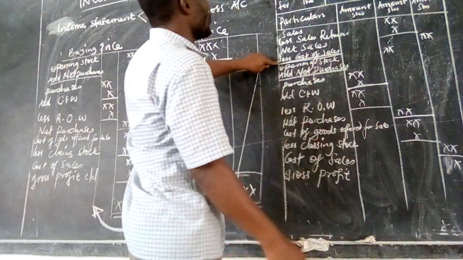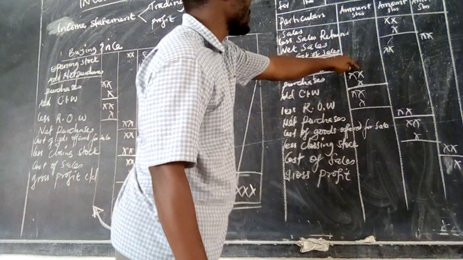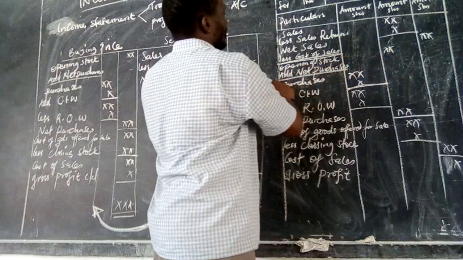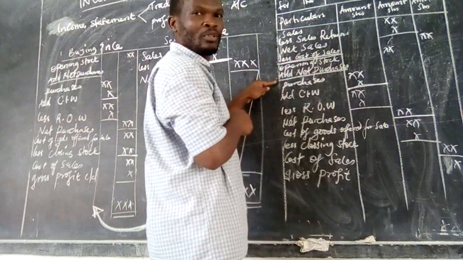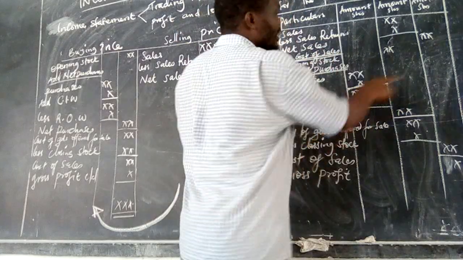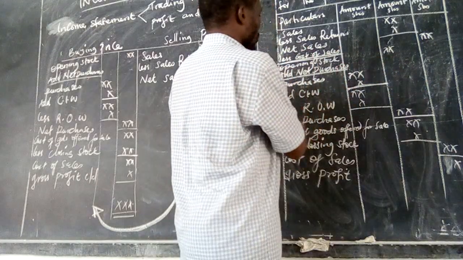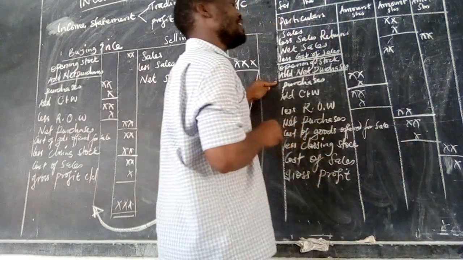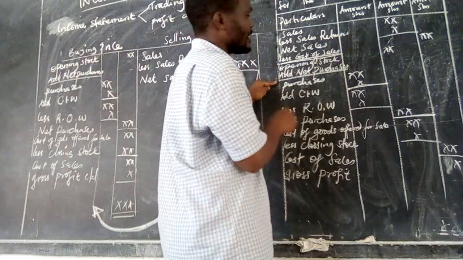Because previously, after getting net sales, we had to say less cost of sales. Then under cost of sales, you have opening stock in the second column. Then add net purchases. So we're supposed to add net purchases onto opening stock. That's why you have put net purchases in the second column. Not in the third column, because in the third column I need to put the value of cost of sales. So you underline here so that you either add or subtract. But in this case, we are adding opening stock plus net purchases.